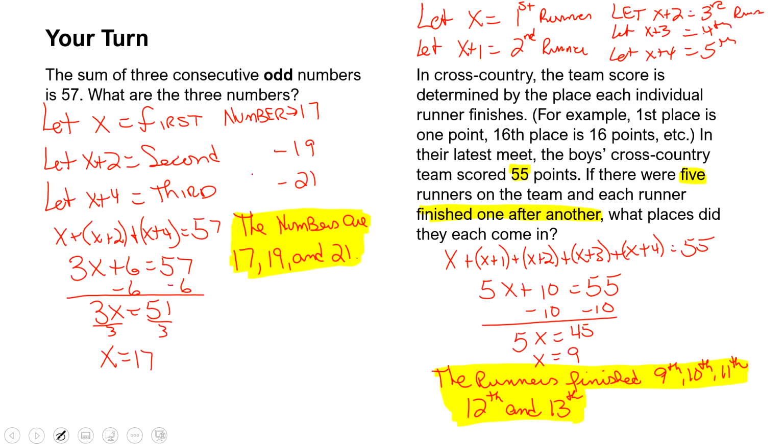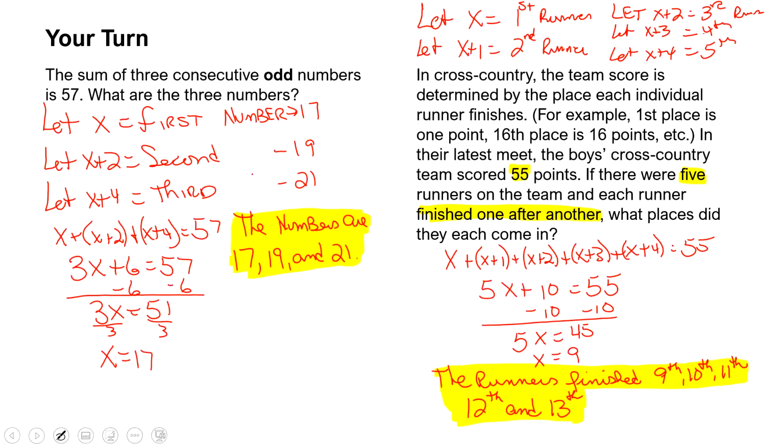The last one. They were looking for cross-country runners. They get 1 point for finishing in first place, all the way up to 16 points for last place. In the latest meet, the boys cross-country team scored 55 points. They then said that the runners finished in order, one after the other. So we're looking for 5 consecutive places. So again, we let the first number equal x, the lowest number was x, and then it was x plus 1 for the next place, x plus 2,